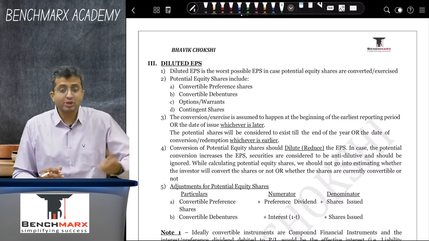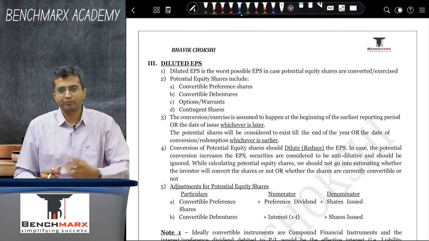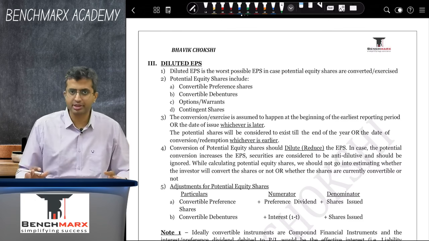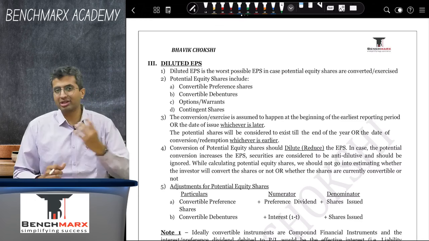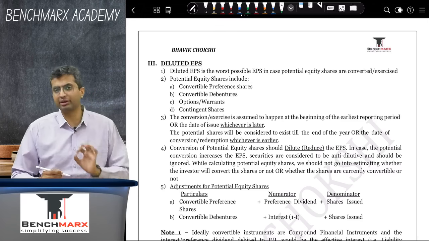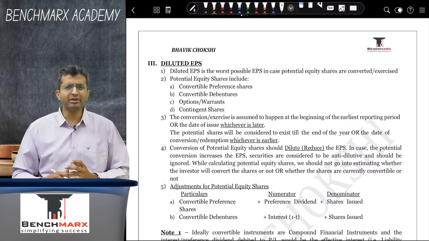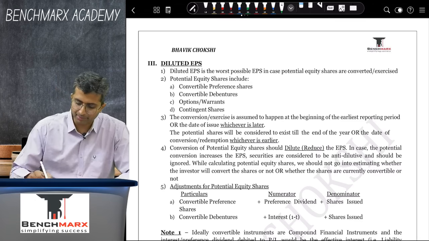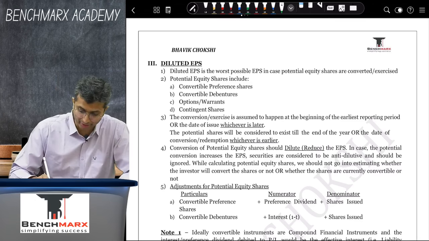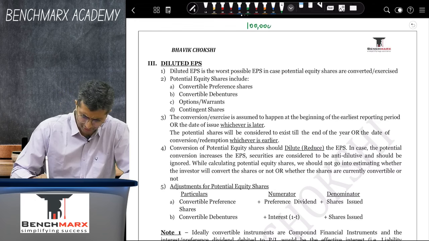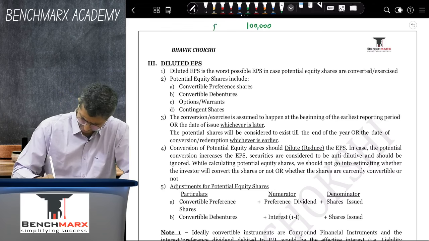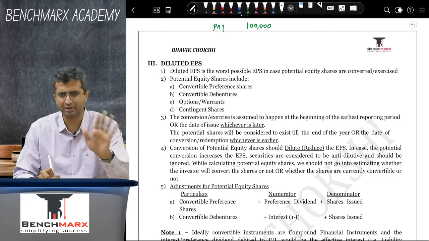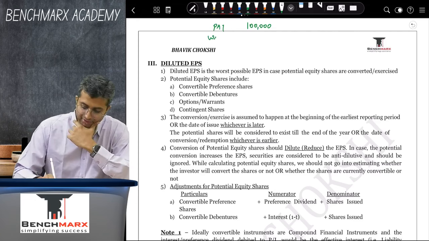So to the preference shares, you will pay preference dividend, but to the debentures, you will pay interest. Preference dividend does not give you any tax savings, but interest does. And as a result, let us say there is a company whose profit available for equity shareholders was 10,000, this is PAT after everything, and the weighted average number of equity shares was 10,000,